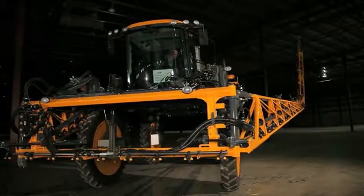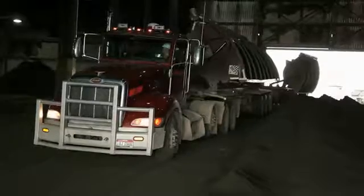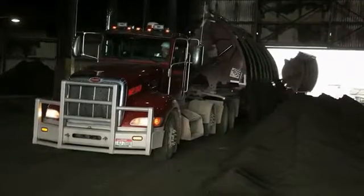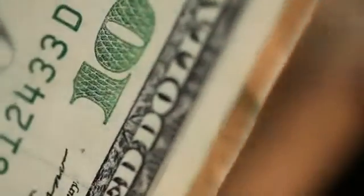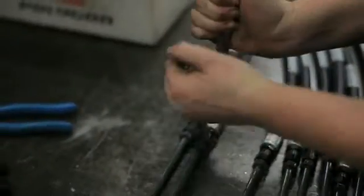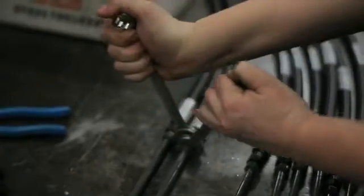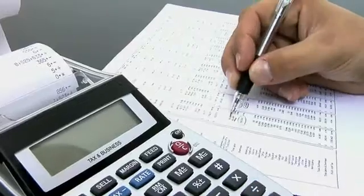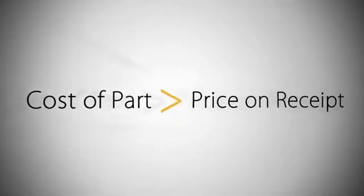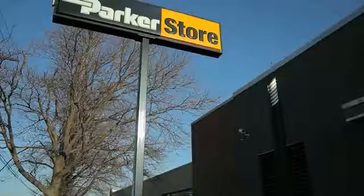This is especially true in operations where fluid power and hydraulic systems operate, and studies show that a single incident can result in productivity losses of thousands of dollars per hour. Multiply this by the number of maintenance incidents your operation can experience each year, and you're talking about a significant impact to your bottom line. In fact, the cost of the part is always more than the price on the receipt, and that's where Parker